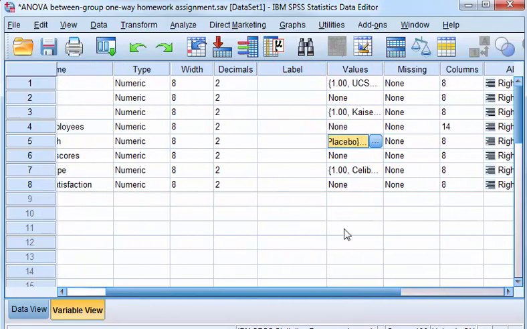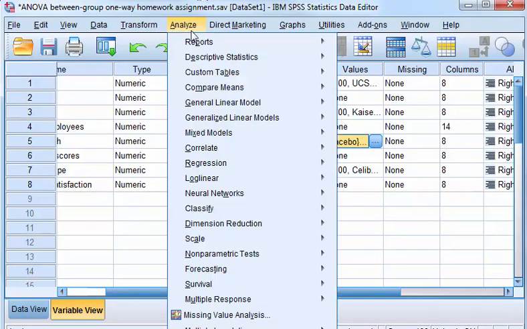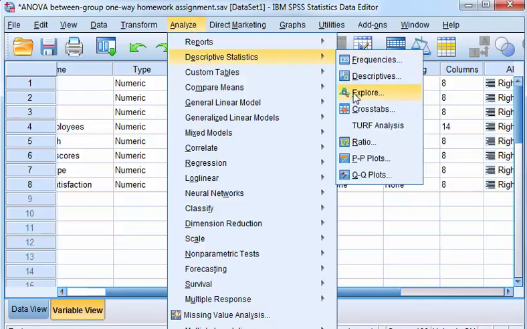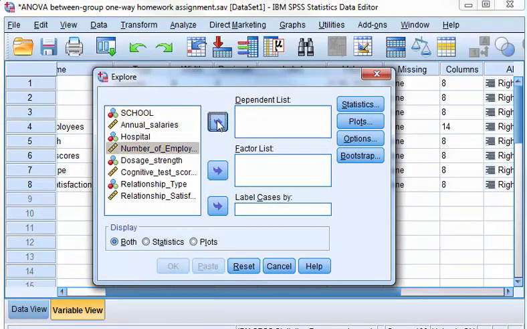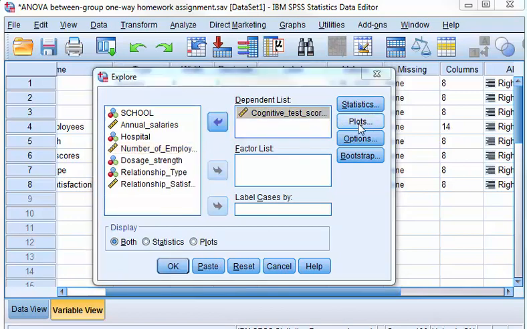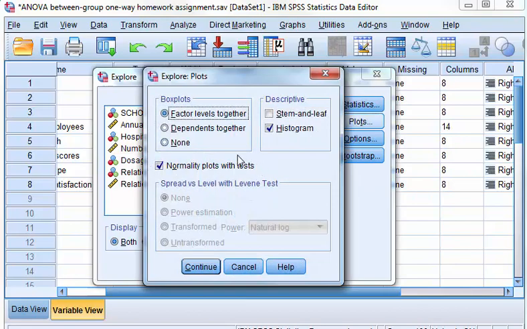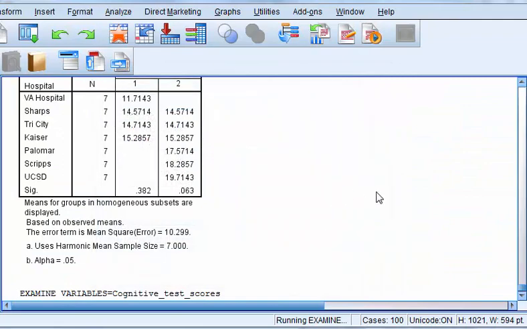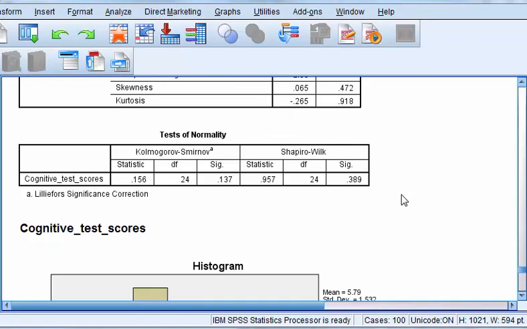Okay, we're ready. Again, we're going to check the normality first. Descriptives, explore. And cognitive test scores. And again, this is the one we want. Normality plots with the tests. Click continue. So we're going to look at the